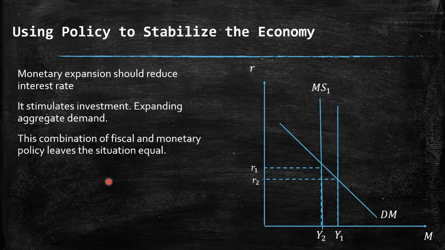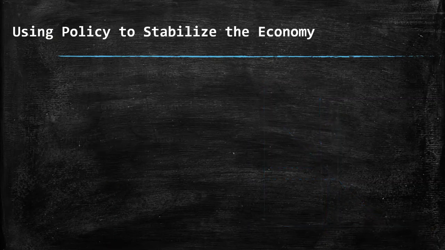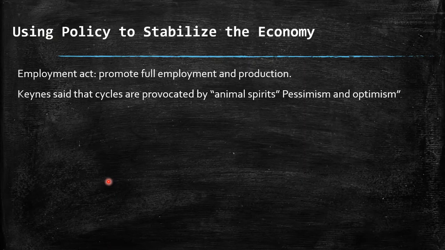From one side it was a contraction of aggregate demand due to higher taxes. From the other side there is a shift to the right of aggregate demand provided by lower interest rates, provided by the higher money supply. So actually it was an Employment Act provided by the government that promotes full employment and production. And Keynes said that the cycles are provoked by animal spirits,